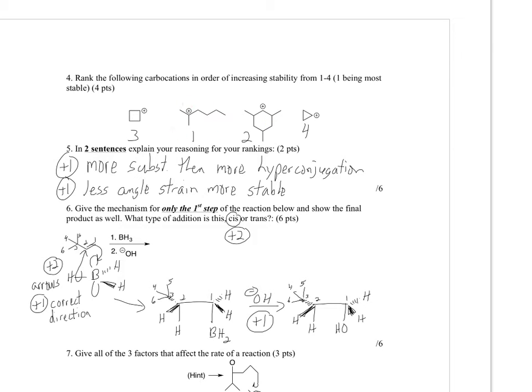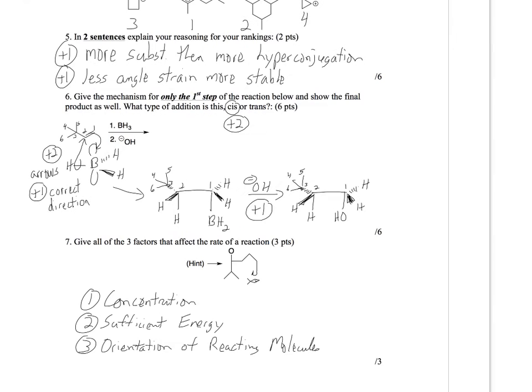This has 9 hyperconjugation buddies, so it has 9 things 2 sigma bonds away that can help stabilize that. So that'd be the highest energy. That'd be the lowest. That'd be the most stable. Why? Right, more substituted, then more hyperconjugation, and then of course less angle strain. Right, that idea about the sp2 hybridized bond angle is 120 versus 90 or 60, so that'd be the